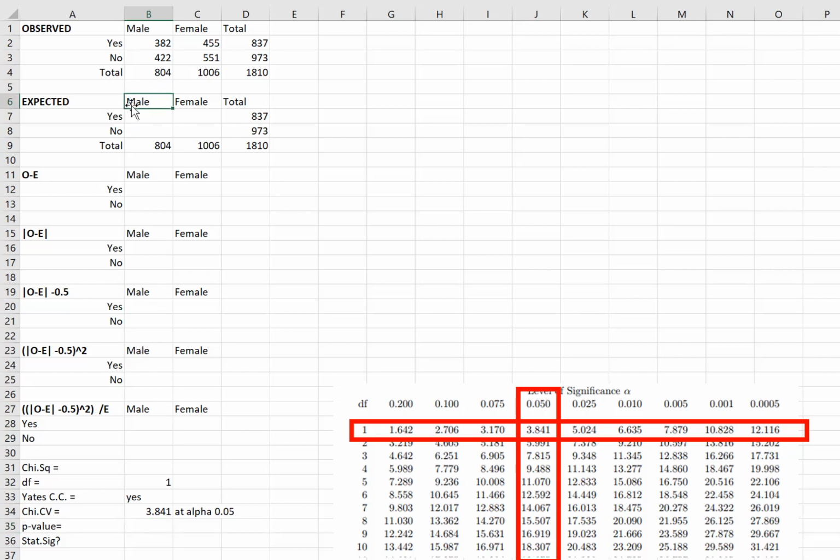So up at the top now, I am in cell B7, starting there. We're going to look at the expected of men who said yes, you should be able to have an abortion for any reason. And in the test for independence, we compute our frequencies expected differently than in the goodness of fit. So in this case, we're going to start with an equal sign, open a parenthesis. We're going to take either the row marginal or the column marginal first. It doesn't matter. They are reversible. Click on one of those and then multiply by the other one you did not click on. So in this case, I did column marginal of 804, multiply by row marginal of 837, close my parenthesis,